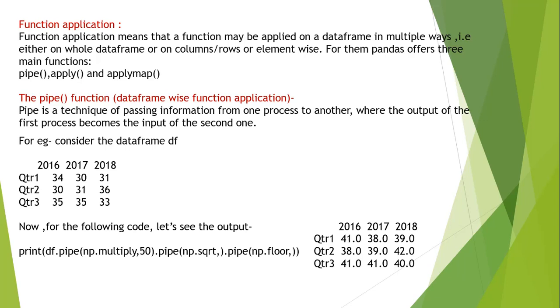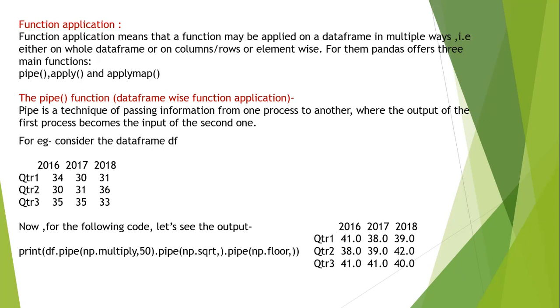Now we have applied the floor function over it. What will the floor function do? It will give you the integer value just below. Suppose you give 41 point something as input to the floor function, it will yield 41. Suppose the input was 42 point something, the floor function will limit it to 42. We have already discussed in class 11th this floor function and the ceiling function. The ceiling function will give you the next highest integer and the floor function will provide you the previous lowest integer. In a similar way, all the elements have been processed.